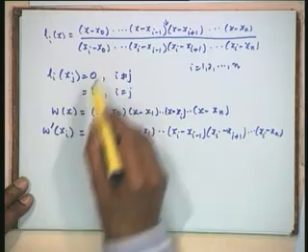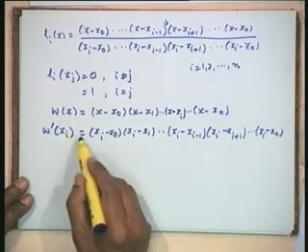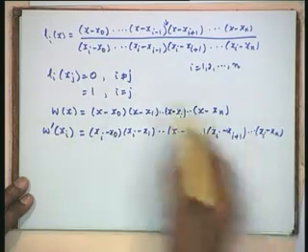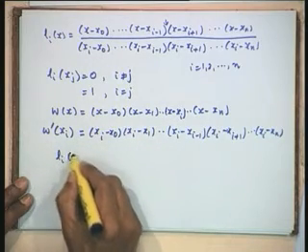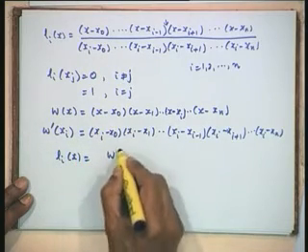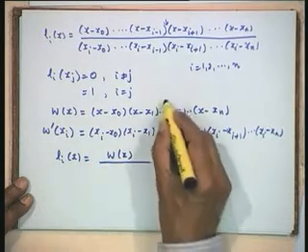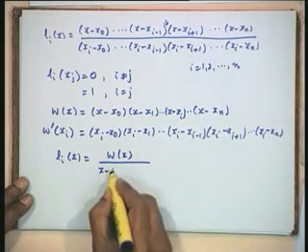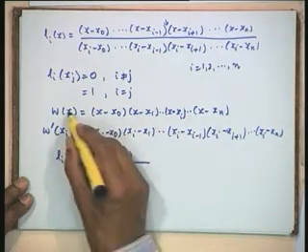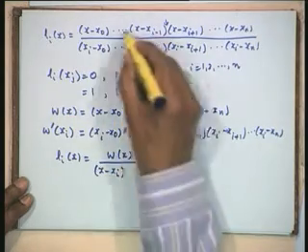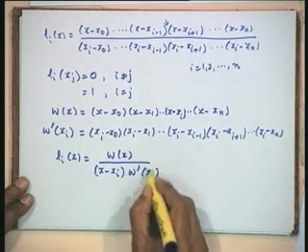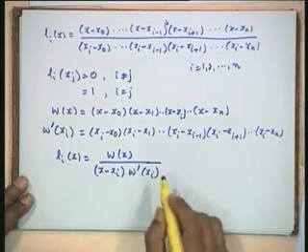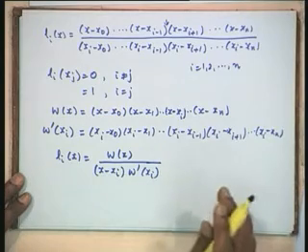We see that the denominator of Lix is simply w prime xi, the same as this denominator. Therefore, Lix in simple notation can be written as Wx. I have to remove x minus xi, so I will divide by x minus xi. Therefore, Wx upon x minus xi is the numerator and the denominator is w prime of xi. So, I can simply write these Lagrange fundamental polynomials in this particular notation.